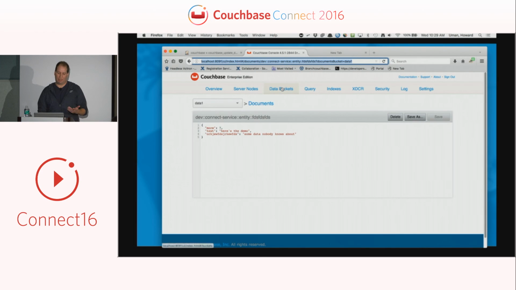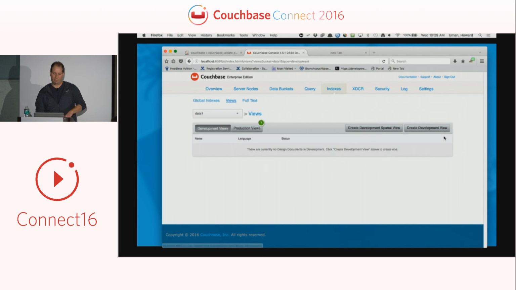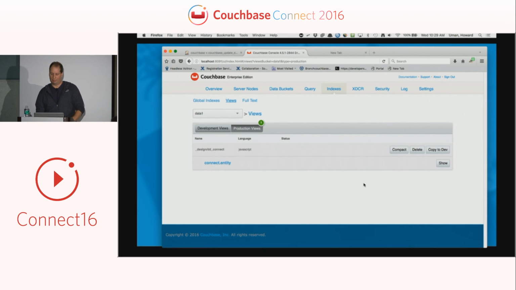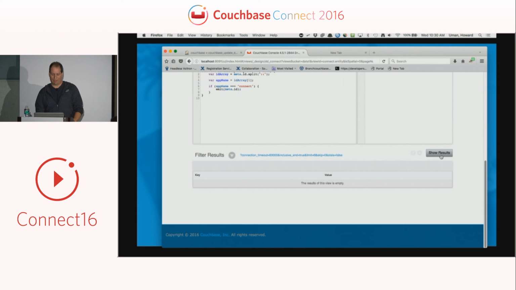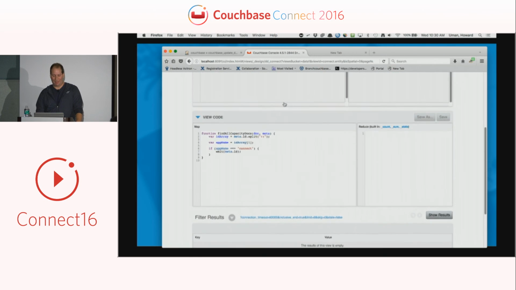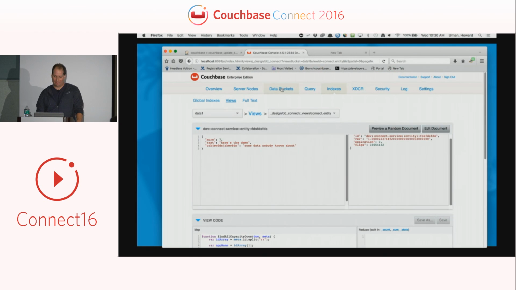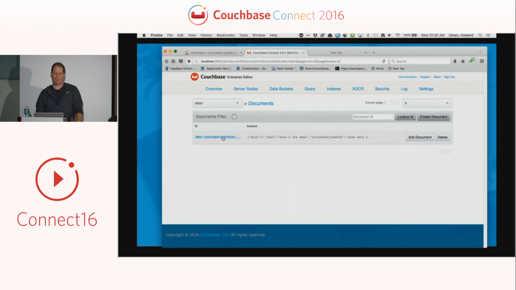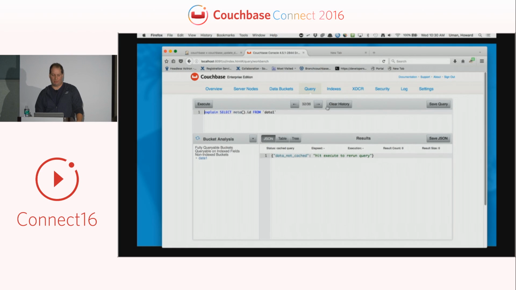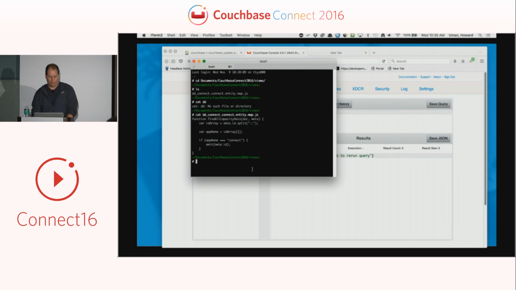We can go to Couchbase and look at the view that we just created, and we can show it. And if I did it right, it should show the document that we have, but I didn't, sorry. The app name should be Connect. Let's take a real quick look at the data. Oh, it's Connect service. So that's why this view didn't work. So if I go back really quick and I update this view,